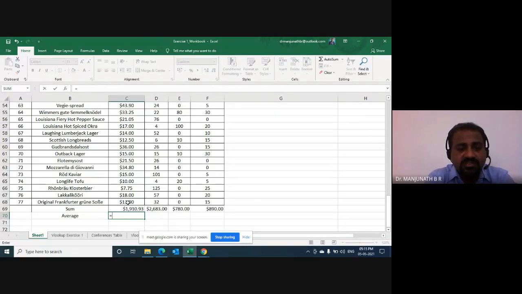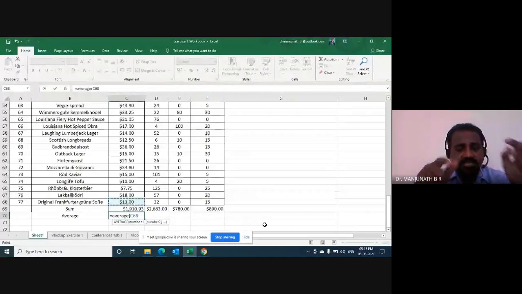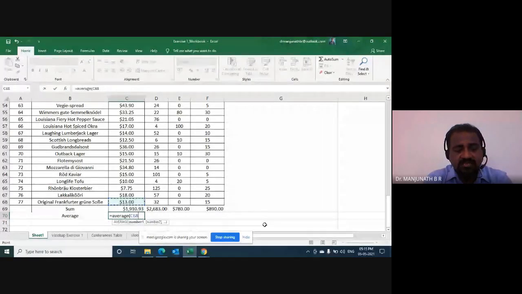Now let me repeat it, sir, without using the touchpad. Is equal to AVERAGE, open the bracket. Now I'm using my finger, up arrow key. And if you see over there, I've selected the last cell in that range, that is $13. Now I want the entire column. I'll use Control Shift and then the up arrow key.